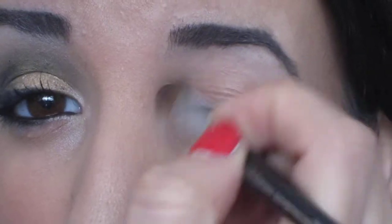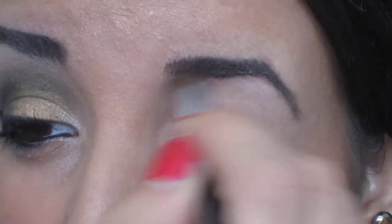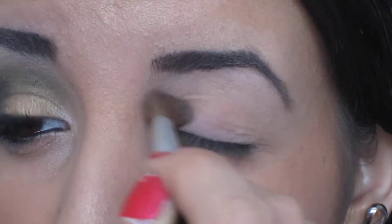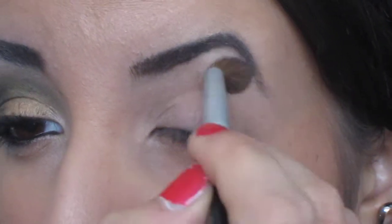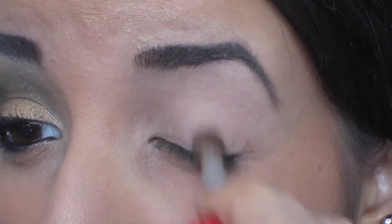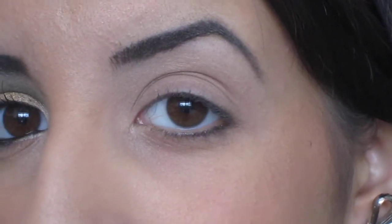I'm going to tap it in there, and I'm just going to put it in my inner corner and all over my lid. And I'm going to dip it a couple times because I want this to be light and subtle, but I also want it to act as a nice little base. So up by the brow bone as well, all over the lid into the tear duct. Okay, so there's our